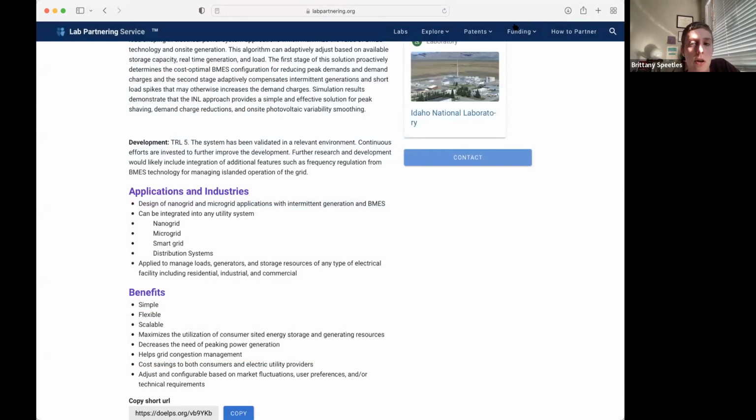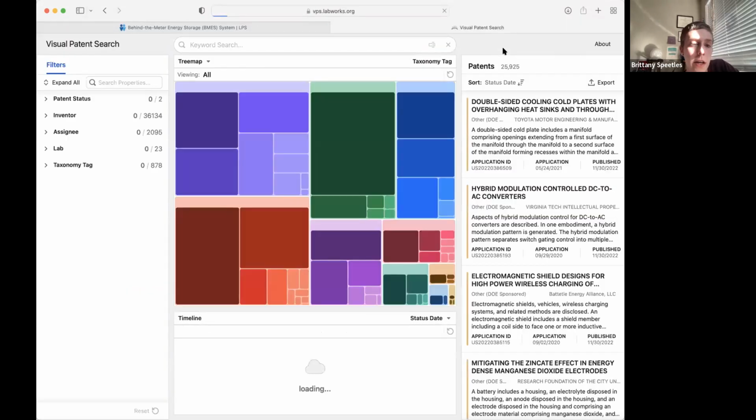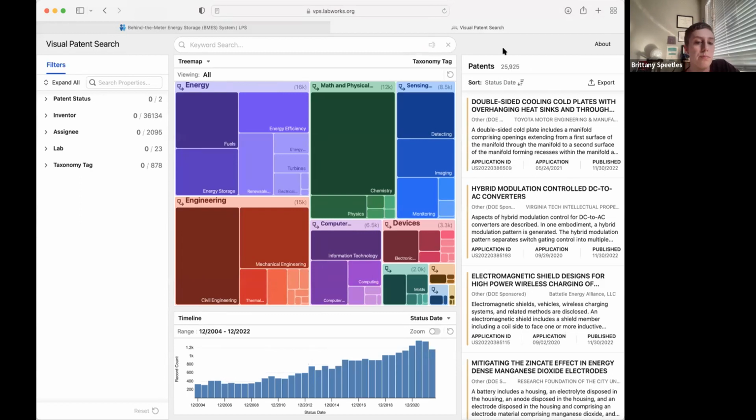One other thing to show on this website is the patents dropdown. There is a visual patent search on here. And right now there's a bunch of patents shown on the side here. If you just filter to,